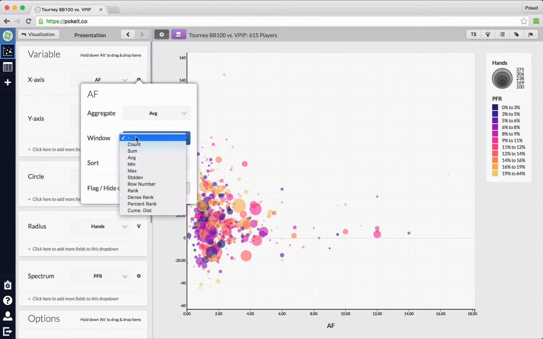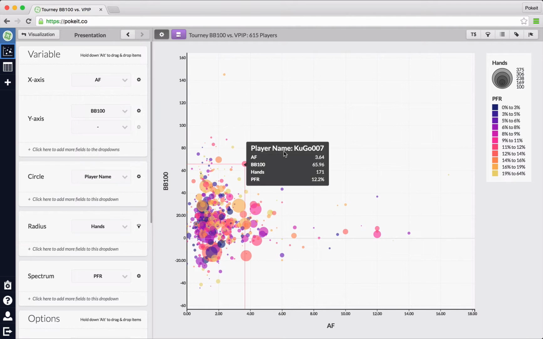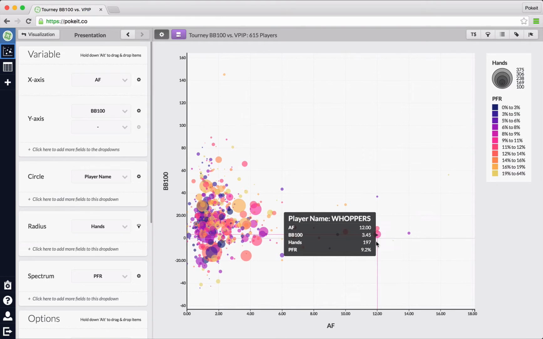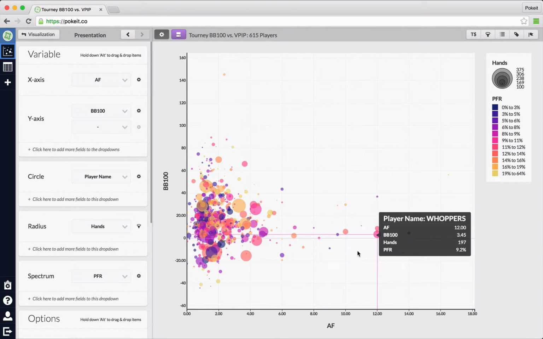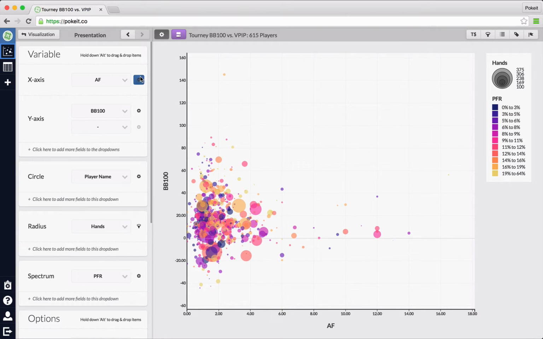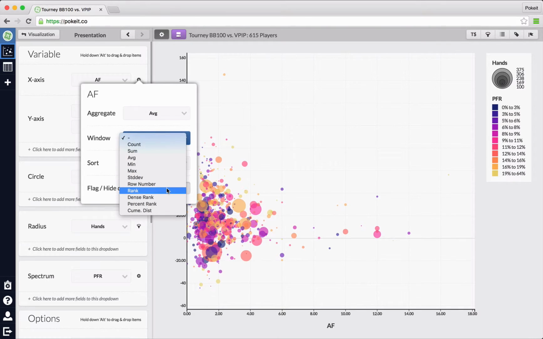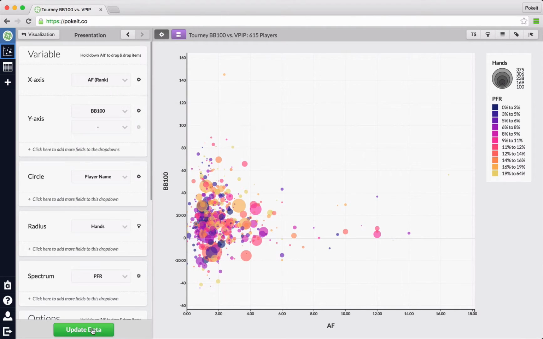And when I click on window, I have a whole lot of options here. The default is usually blank, meaning that you get the raw number. So, for example, this player here, Whoppers, has an aggression factor of 12, which is pretty big, and we're mapping it onto the x-axis as the number 12. But inside of window, we have some other choices, such as rank here. When I click update data,